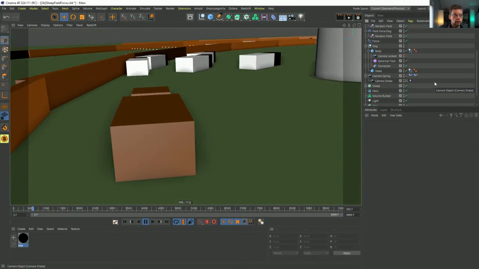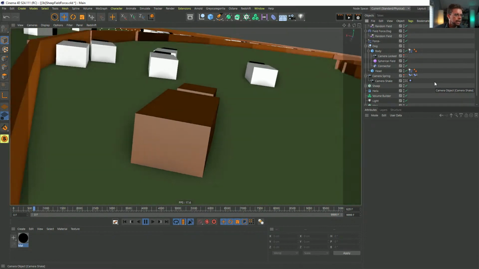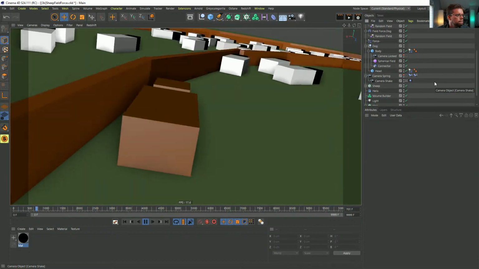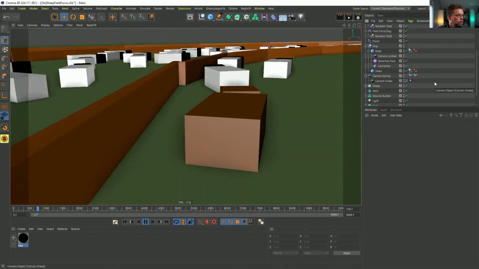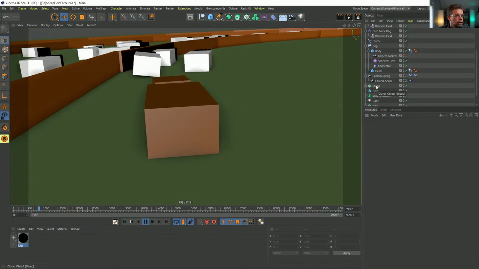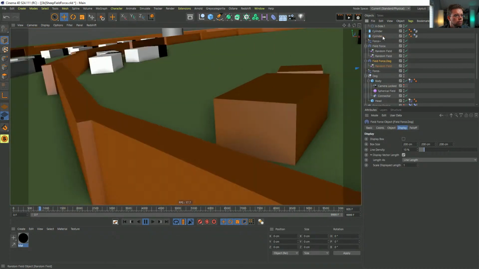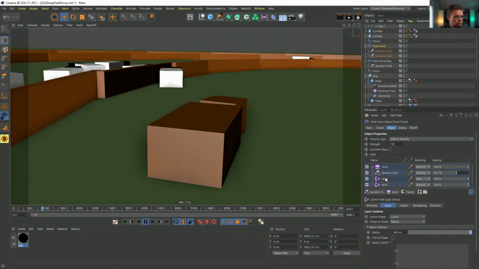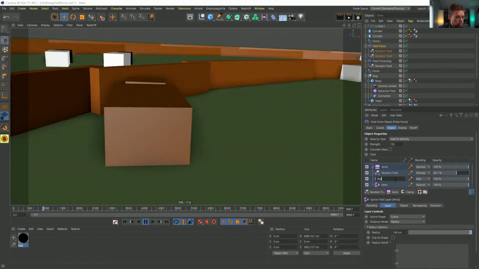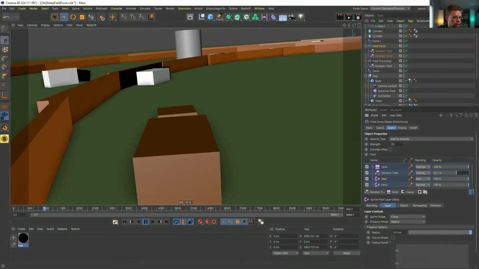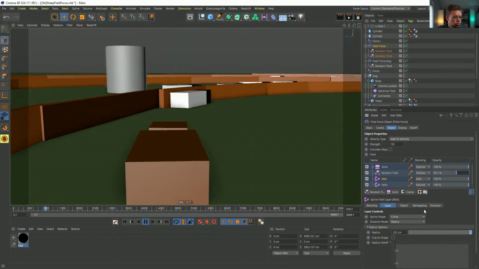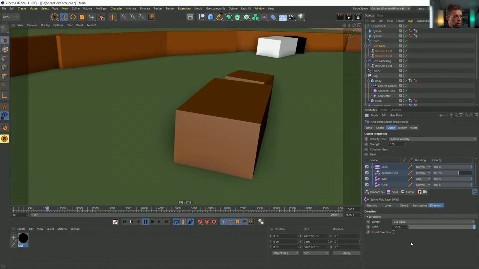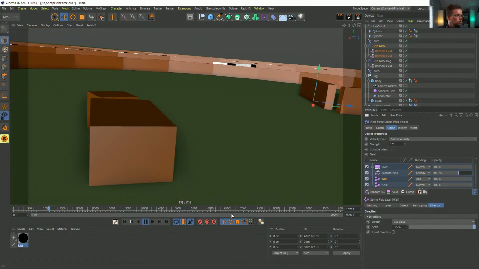I do these types of rigs all the time for getting control over my camera. And look how much life you get automatically by setting it up this way. I'm going to increase the power just a bit of staying away from the wall. This is the wall one. Probably good to name that one wall. And I will push that back to 222 and maybe even give it a little more power. So that just keeps everybody away from the wall a little bit more.